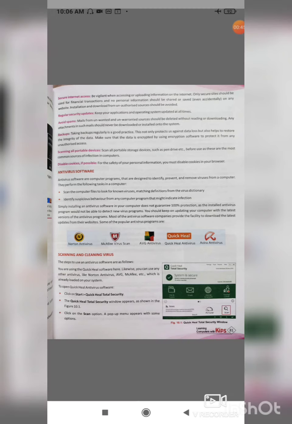Now we have to click on the scan option. Whenever we click on the scan option, a pop-up menu appears with some options. Next, to scan any particular file or folder, we have to select the custom scan option.